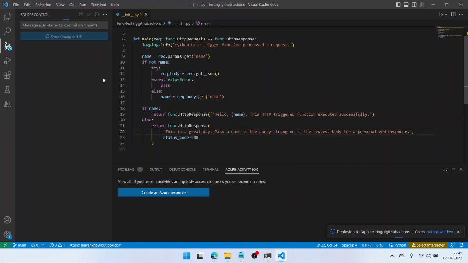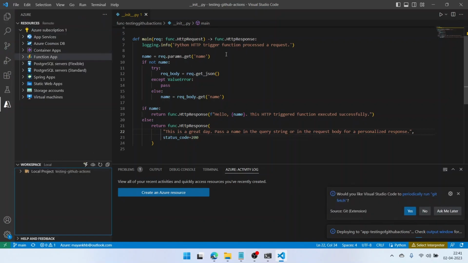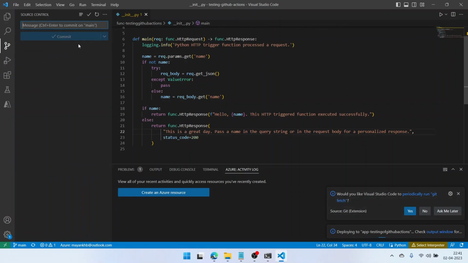Okay. So you see how many clicks we have had to do. First, we had to deploy the function again, select the app from here, deploy, wait for a few seconds, then go to Git, save the changes, commit, and push the changes. A number of things can go wrong in this process. You may select a wrong app name from the dropdown while deploying the changes. You may forget to push the changes to GitHub, or you may forget to deploy the changes on the function app. A number of things can go wrong. Or let's say if nothing goes wrong, it is still a very manual process.